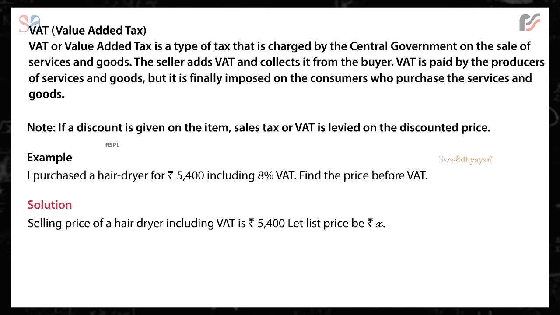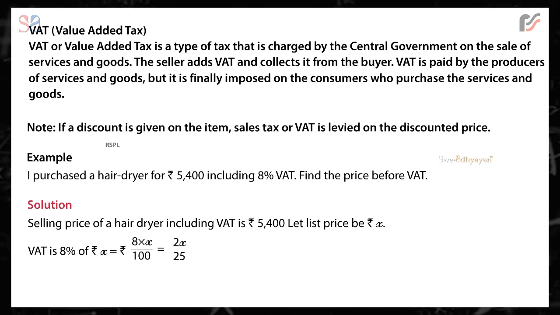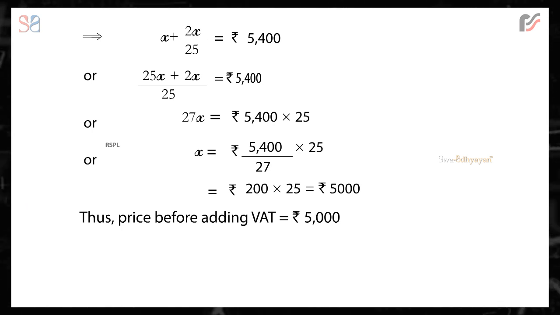Solution: selling price of a hair dryer including VAT is rupees 5,400. Let list price be rupees x. VAT is 8% of rupees x, which is equal to rupees 8 multiplied by x by 100, which is equal to 2x by 25. This implies x plus 2x by 25 is equal to rupees 5,400,